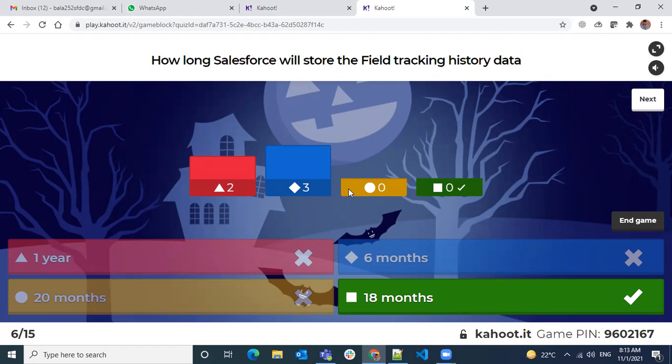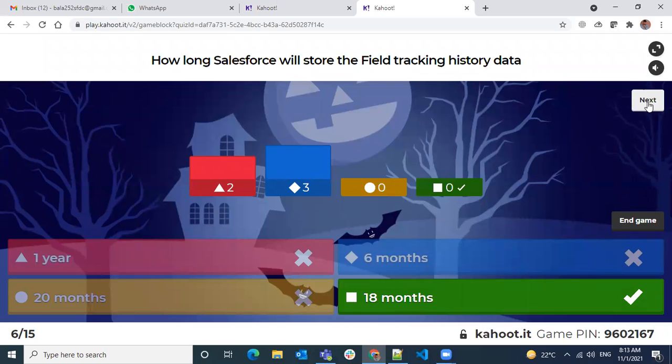For example, for roll-up summaries, initially it was 25. After that, in some release, they made it 40. So whatever limitations we have, in some releases they are increasing those limits. So this is a learning from this question. It's actually 18 months.